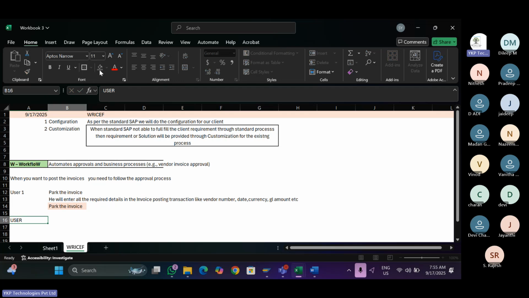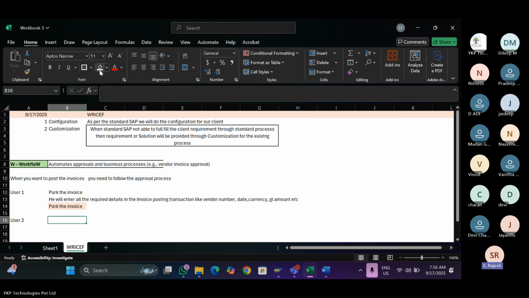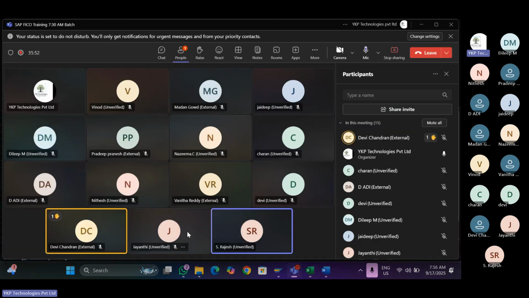User 2, what will his work be? Who's that? Can you please go on mute? I request everybody to go on mute. Rajesh,